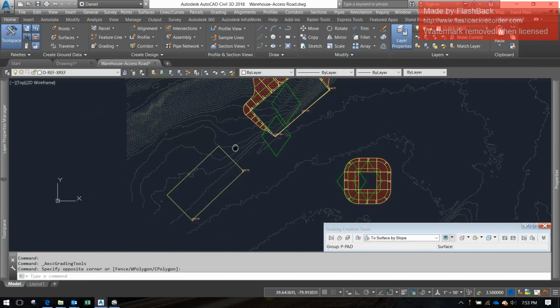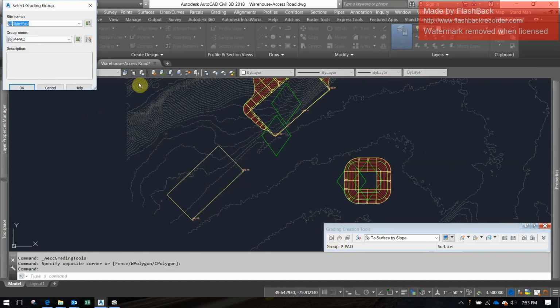You remember we created a separate site for this area? If I'm going to set my grading group and I hit that button, you'll see that the site we're selected under is site pad, and that's a remnant from our last class. What we just did is created a new site and called it secondary pad. So I'm going to select that. You'll notice that there's no group name under here, because there has been no grading group selected or created for this site. So you're going to hit this button on the right and hit create a grading group,